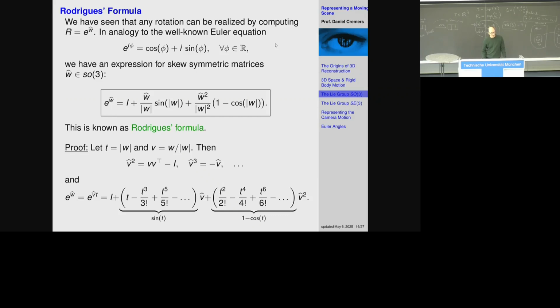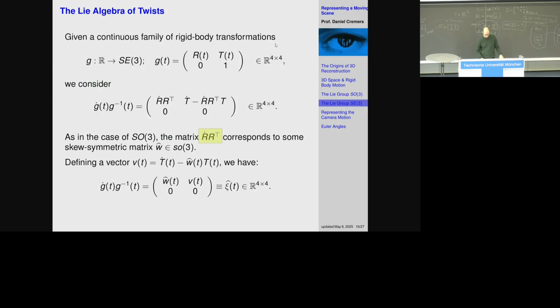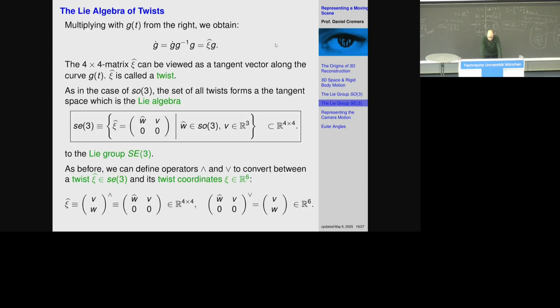Yes, yes. Any motion, rigid body motion, if you look at it infinitesimally, it's a twist. That's the whole point. So it rotates a little bit and it translates a little bit, right? And that infinitesimal transformation is called a twist, and this is essentially what we derived here,